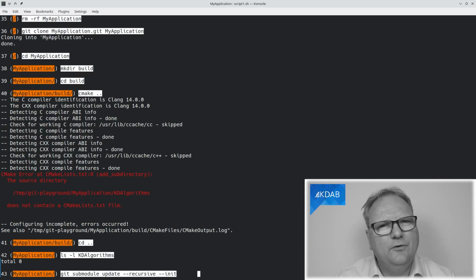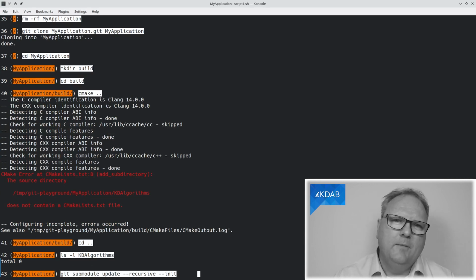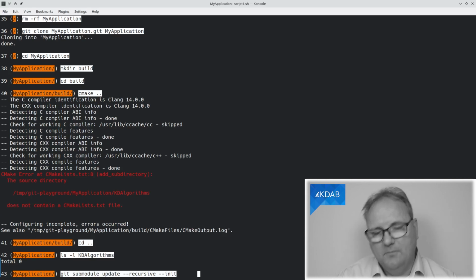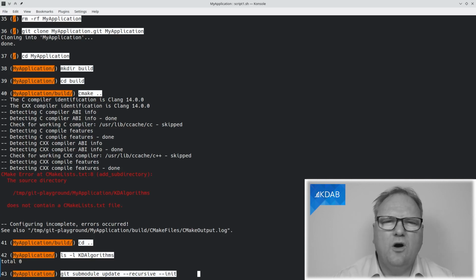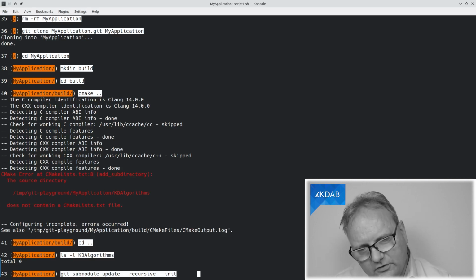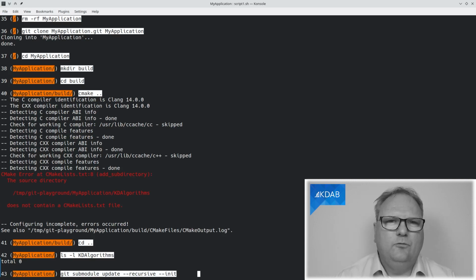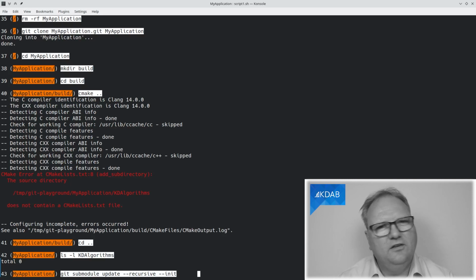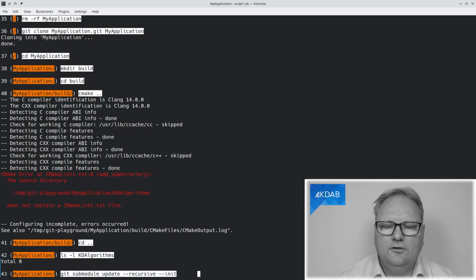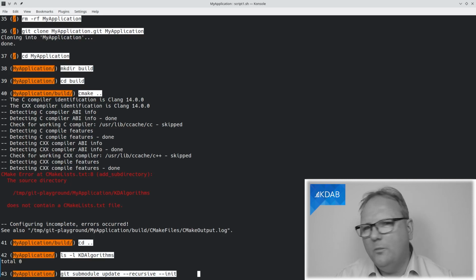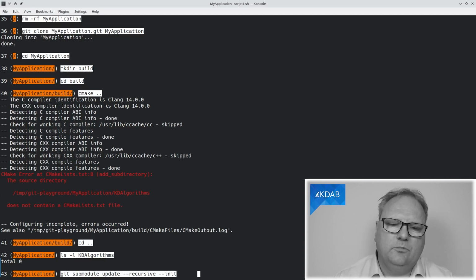So what happened was that when I cloned my project from myproject.git, all I got out was the project itself, not the submodule. So what I need to do now is run git submodule update. That will update that submodule. I could specify just the module name, but in this situation, I likely want to update all my submodules had I had multiple of them. I also need to run git submodule init, I believe it's called.